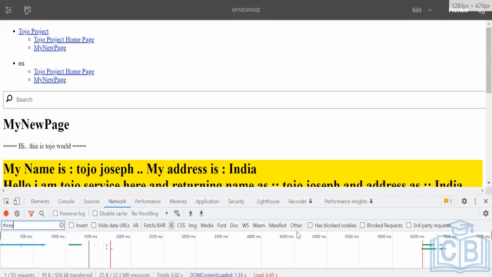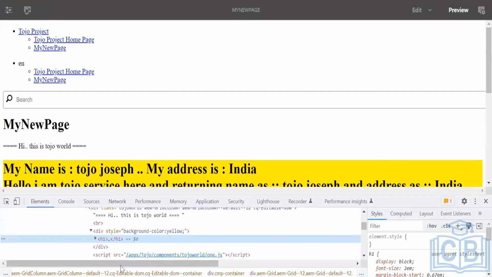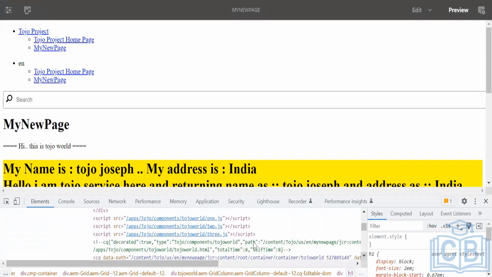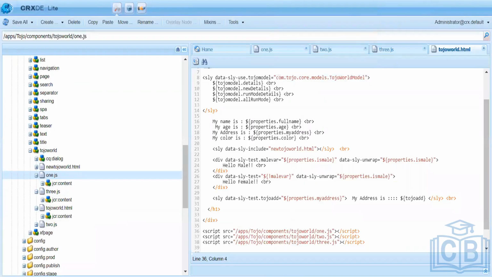To confirm this, let me inspect this. You will also see the script tag here. First, the script tag is here, and we include the 1, the 2, the 3. There are 3 network calls for a single component. Now, if in a page we have 10 or 20 components, please note, and each component has around 2 or 3 JS files,